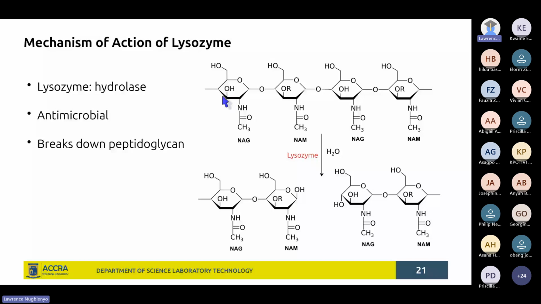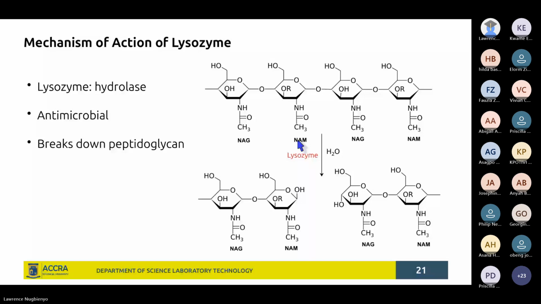This is HND, so you would have done it in SCT 106, first year. N-acetylglucosamine, that's a derivative of glucose, and N-acetylmuramic acid. So these two, N-acetylglucosamine and N-acetylmuramic acid,